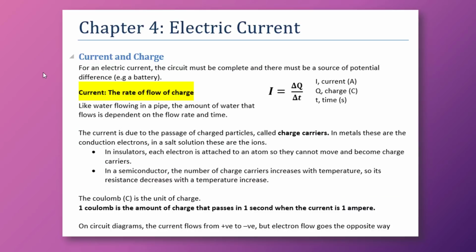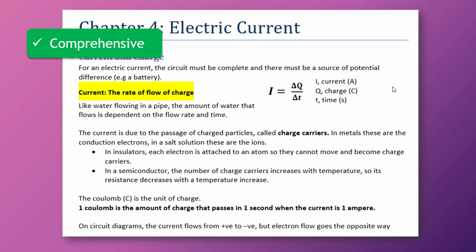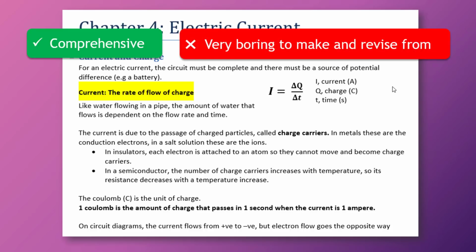And these are the final notes I found, just pages of written, boring physics notes. So they are comprehensive. I was using the textbook and using the specification at this point to go through and cover every point, but they're very boring to make and revise from. It's just a wall of black text essentially with a little bit of highlighting, but that's not going to be too helpful. Again, I don't think I ever used these. I never printed them out. Handwritten notes I think are definitely the way forward, but everyone's different of course.